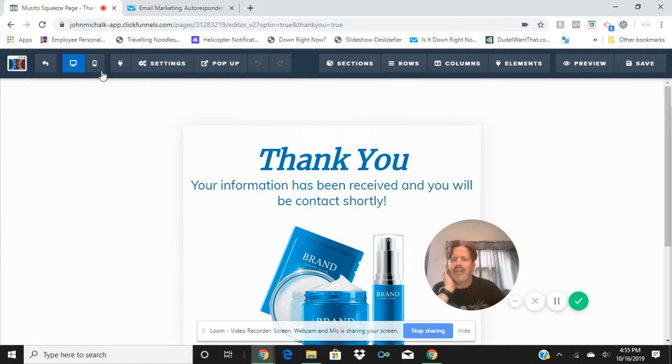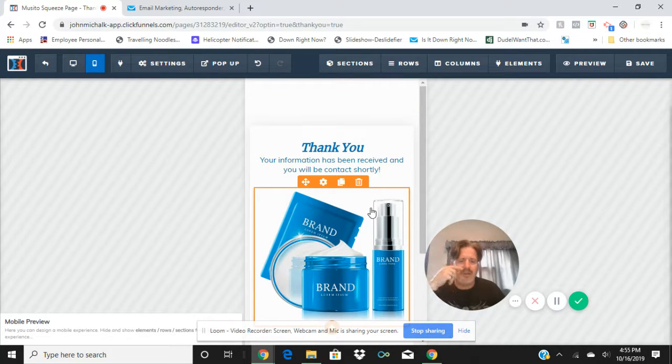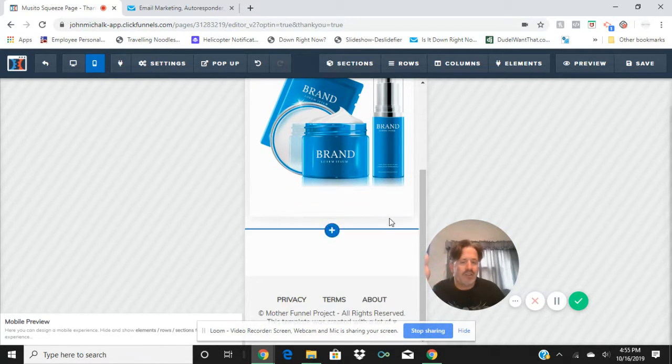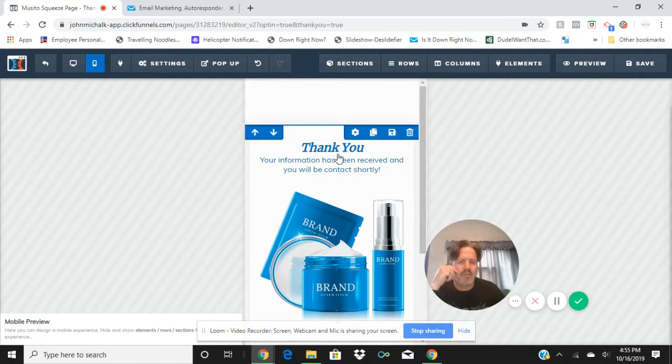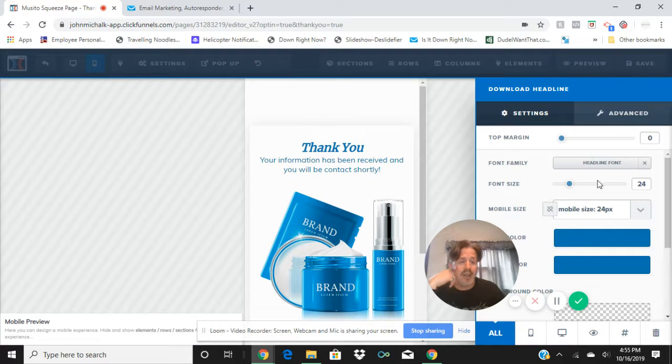Other things that we're looking at is you can also check out in each of these different steps of the funnel. You can take a look at and edit how it looks in your mobile view. So if you don't like the spacing in the mobile view, you can change that out specifically just for the mobile view. So if you want this thank you to be a lot bigger in the mobile view,